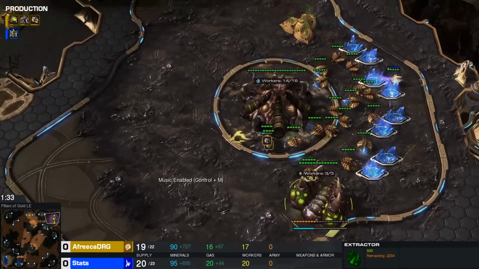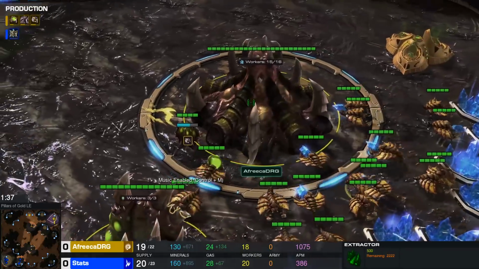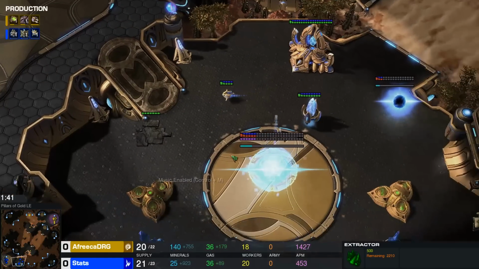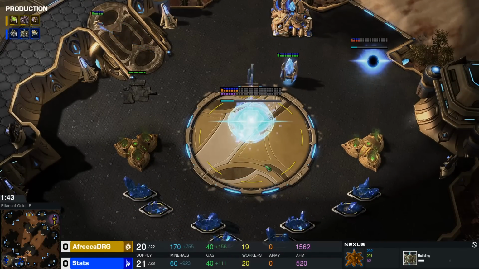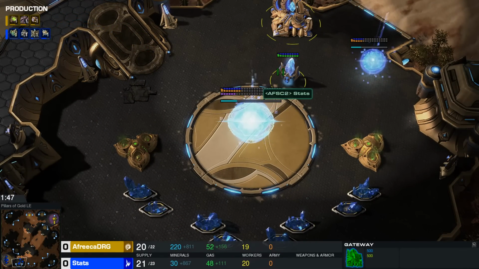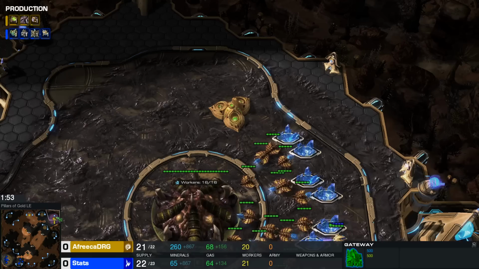In the top right, spawning as the yellow Zerg is going to be Africa Freaks Dongregu. Bottom left is going to be us playing for Africa. Maybe it's Africa SE2 nowadays, actually. Stats. So teammates over here will be scoring it off on Pillars of Gold, which in general is a map